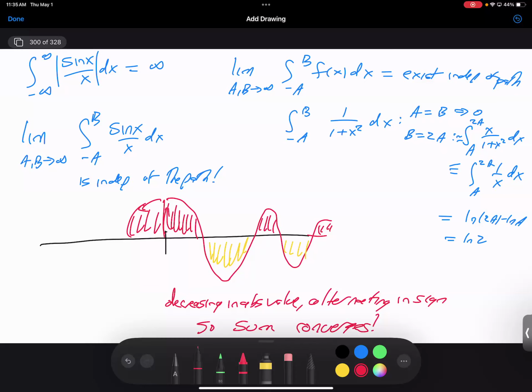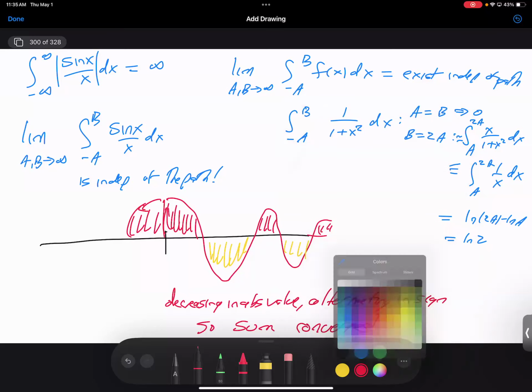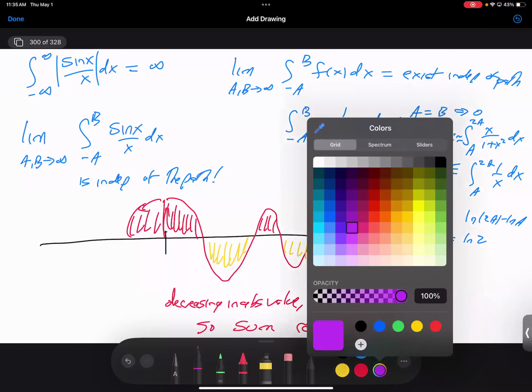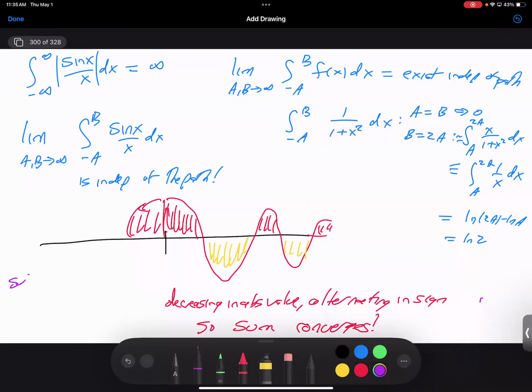And so we know that the sine of x over x has to have a finite integral. What it is, I don't know. When you look at it initially, you might have some concern because what does it look like near the origin? Well, actually, it's fine because near the origin, sine of x looks like x. So this is a great lesson: it's sufficient for the integral of the absolute value to be finite, but not necessary.